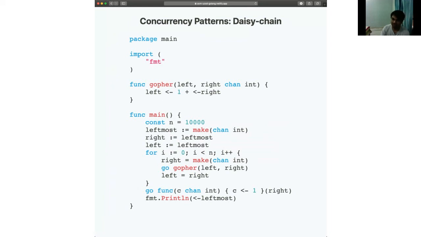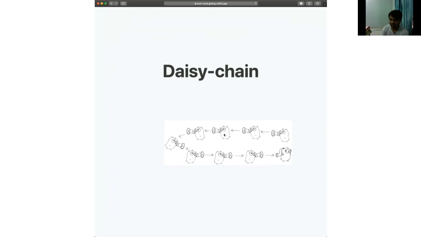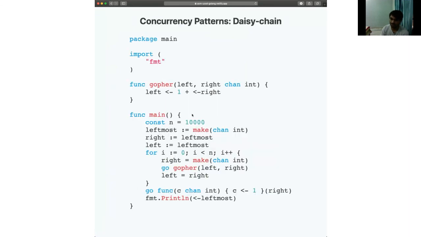But the whole idea is that here we have this gopher implemented as a function, which takes some information from its gopher on the right, adds, I guess, 1 to it, and puts that information into its left channel. So what this is doing is that it's functioning as one of these gophers, hearing a message, doing something with the message and pushing it forward.